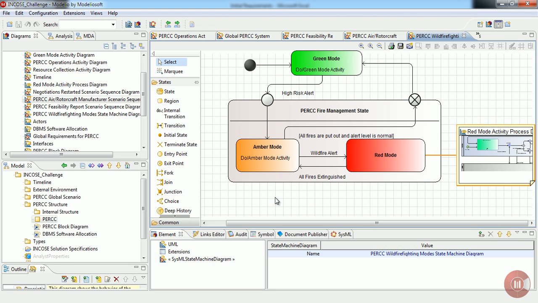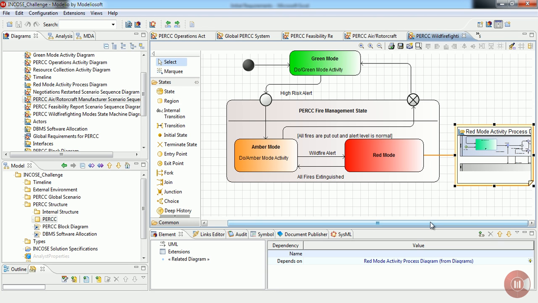A green mode where at the low risk level, for example in case of winter, there's no more really big chance of wildfires. The amber mode where you know that a fire may start soon, so all the different firefighting equipment and the firefighters are being readied. And red mode where you're in the crisis mode and where you're actually doing the firefighting itself. So here we see a state machine showing the different modes of the perk itself,